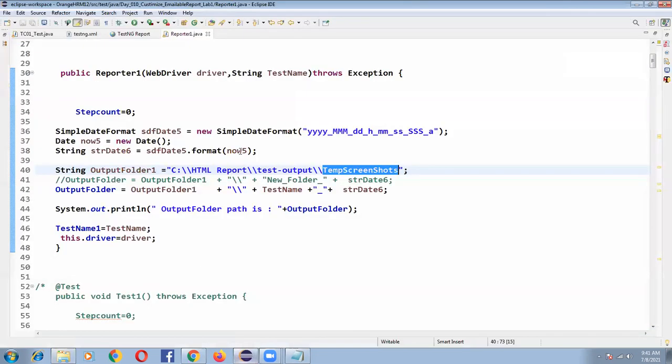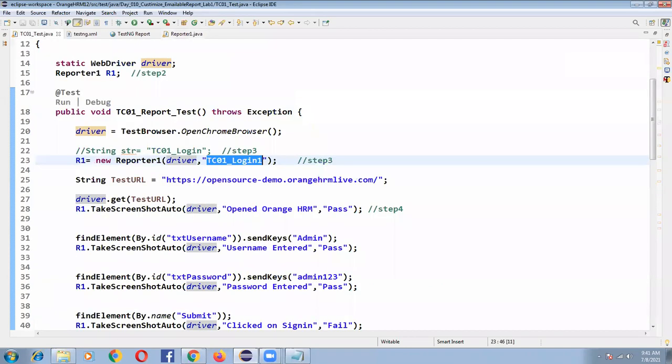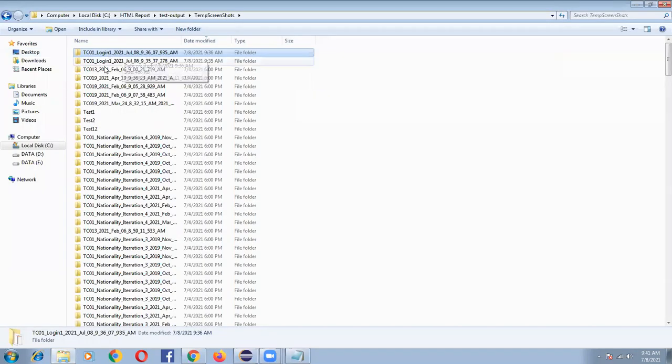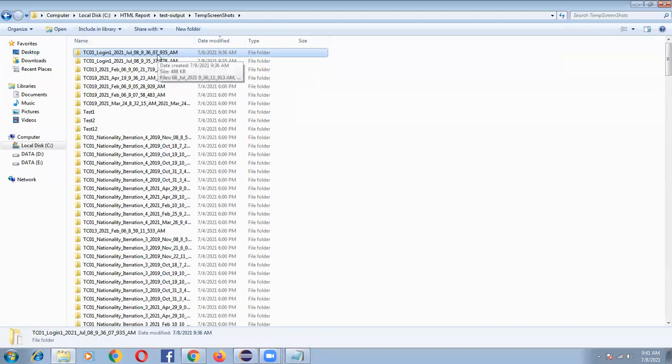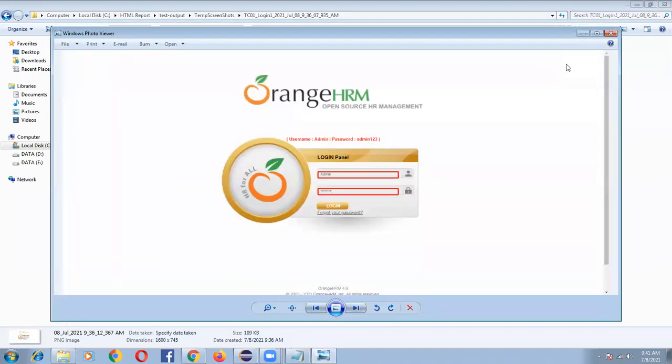Whatever name I have given in my TC01, with this name and an underscore, the date timestamp has been created. Every time you execute your program, the date timestamp will be appended, with fractions of milliseconds also captured, and the folder will be created dynamically. In that folder, all the screenshots are captured. These are the screenshots retrieved in the emailable report. In such a way, I have written my code in Reporter1.java.